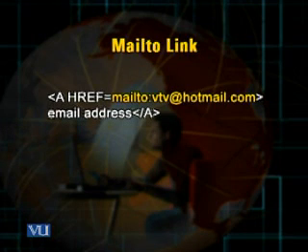When a user clicks these words, then because of the mailto link I have used here, Microsoft Outlook Express would open a box in which this address, vtv@hotmail.com, would automatically be printed. I would simply be required to write my email message, and by clicking the send button, I would send this message to vtv@hotmail.com. So this is how the mailto link can simplify the procedure of sending emails.